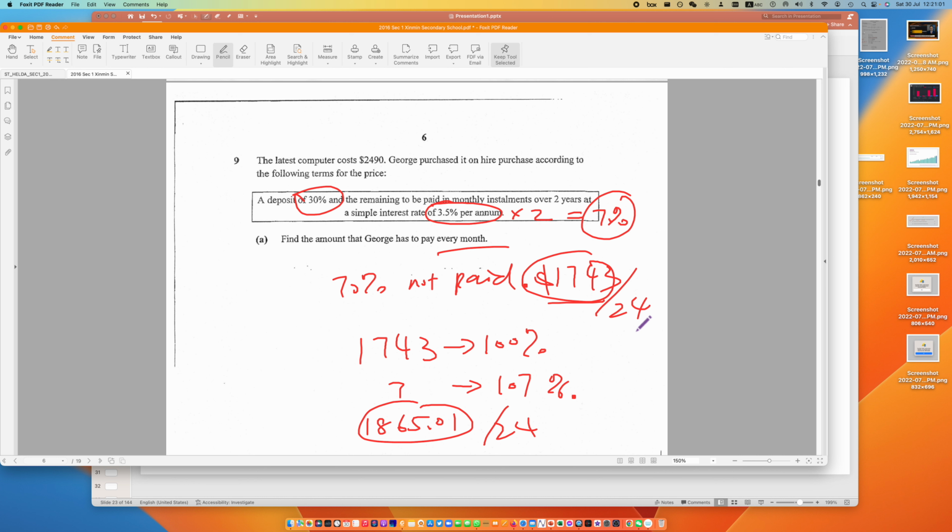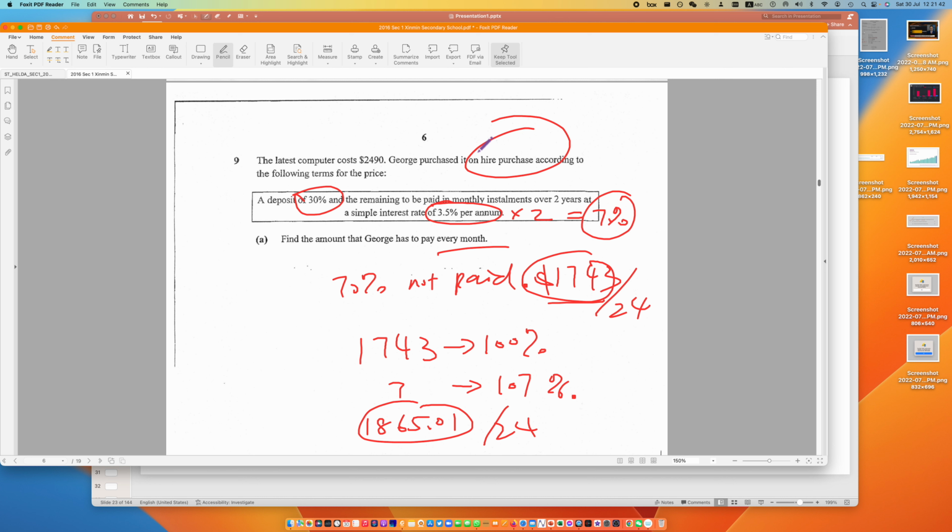What kind of scheme is this? They call it hire purchase. Hire purchase is whatever you never pay, you need to pay interest. And then you get the total, and then you divide by the number of years or number of months. That's the monthly payment. If people come to you and ask what's hire purchase scheme, what's the general definition? The money that is owed plus the interest, divided by the years or months.